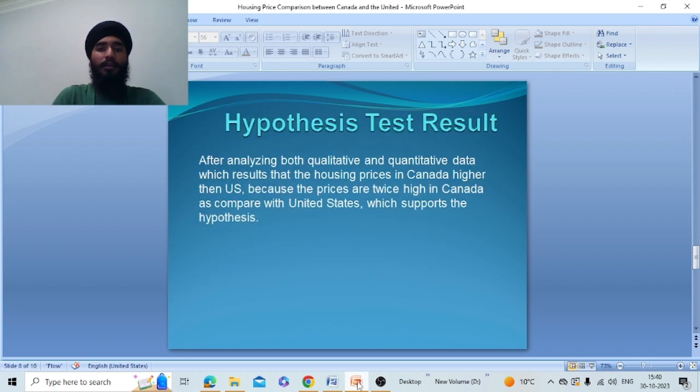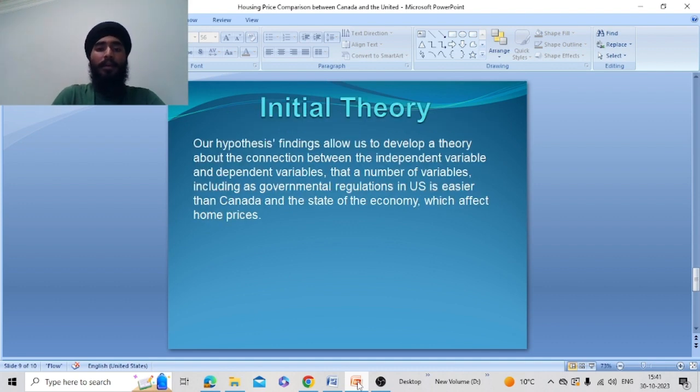And the hypothesis test results, after analyzing both qualitative and quantitative data, show that housing prices in Canada are higher than in the US, because the prices in Canada are twice as high as in the United States, which supports my hypothesis. And our initial findings allow us to develop a theory about the connection